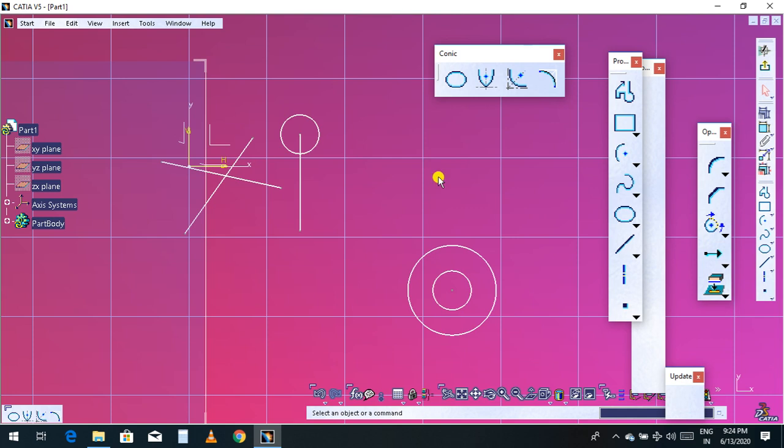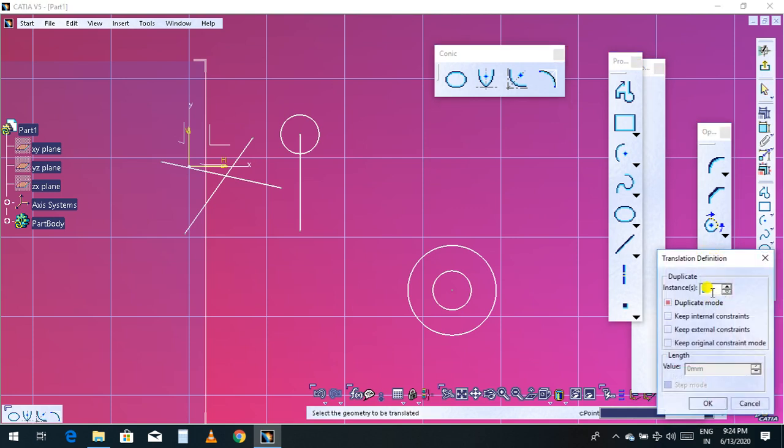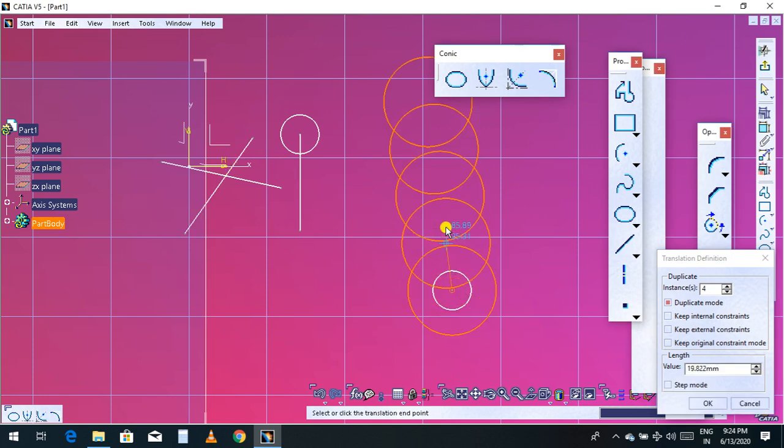And one more thing I'll tell you. Just go to translate, and if you give 4 as the number of copies, and if you want to delete the original part, you can unclick here, or else if you want to keep the original part as well, go select this circle, and this is the base point. Now you can move.